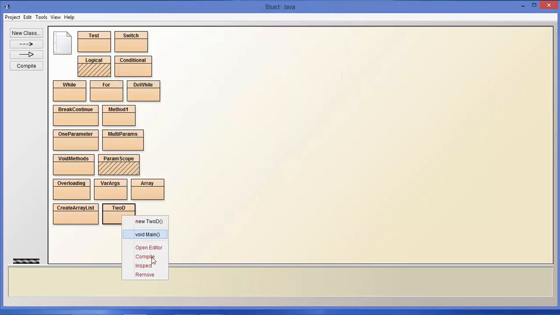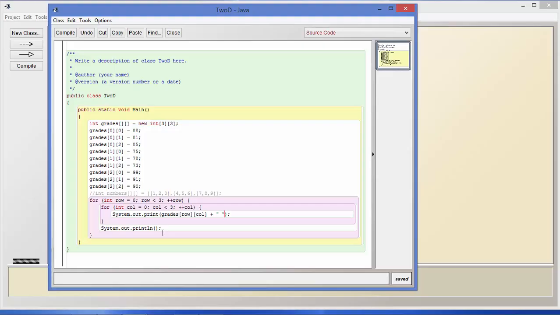From that, and let me bring the code back up, you can figure out how to do things like sum each row to get the average for, let's say, these 80 grades. The average is going to be somewhere in the mid-80s there. And then the same thing for the second row of 70s, and then for the third row of 90s. And I'll be providing you in the little quiz at the end of this section an opportunity to do exactly that. But just by looking at the pattern I've given you here of nested for loops, you should be able to figure out very easily how to